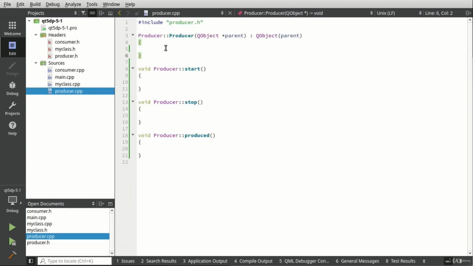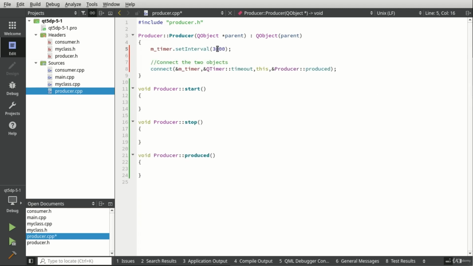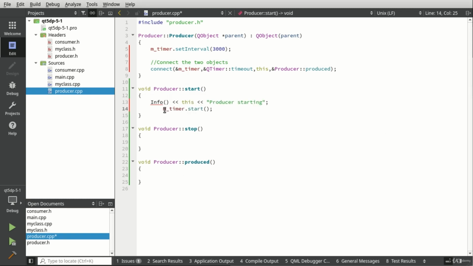And you probably guessed already what we're going to do, so I'm not going to waste a lot of your time doing this. m_timer set interval, we're going to set this at every 3 seconds, and we're going to connect the two objects, the QTimer's timeout signal, to this producer produced, our slot here. This is our private slot, so no one but us can see this little guy. And then I'm just going to say in start,